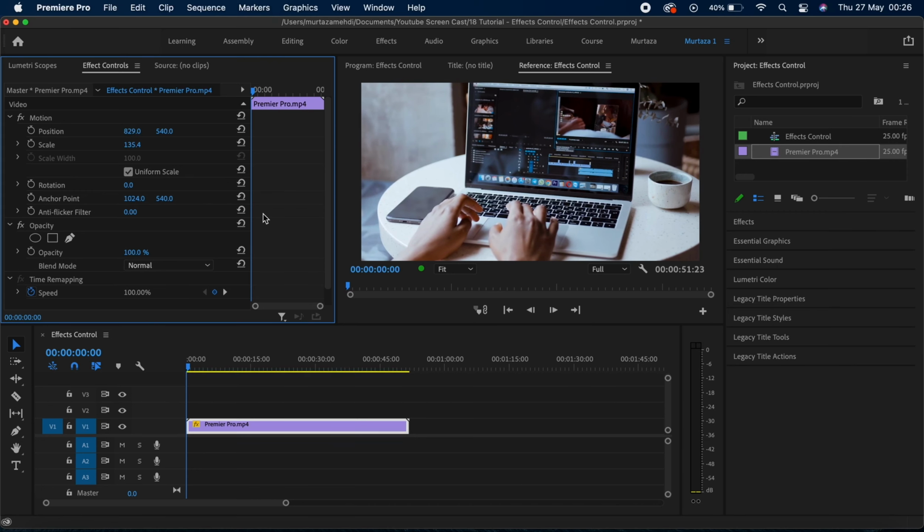So guys, any change, any effect that you add to your clips, you will be able to view all of those effects here in the effects control tab, and you will have the ability to make adjustments to those effects. As we progress further in the course, we will be discussing and using this tab more and more,